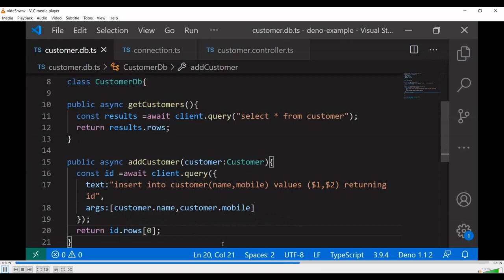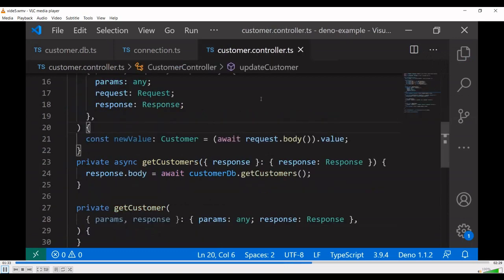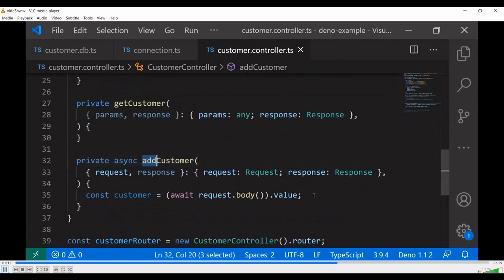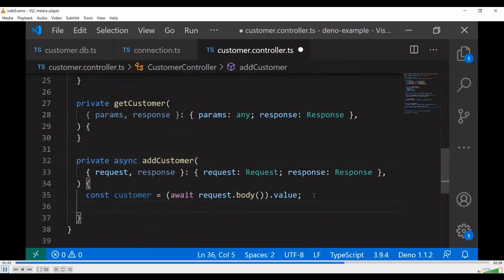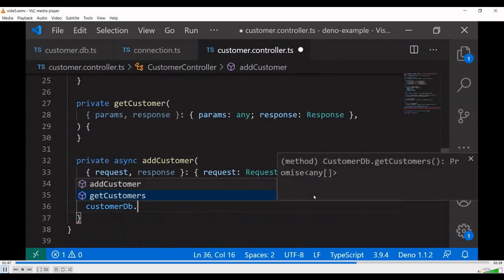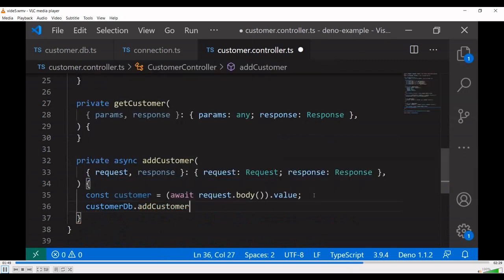Let's include the add method in the customer controller. We have the customer object from the body. Dot add customer of, it's an asynchronous method. I have to display the ID.